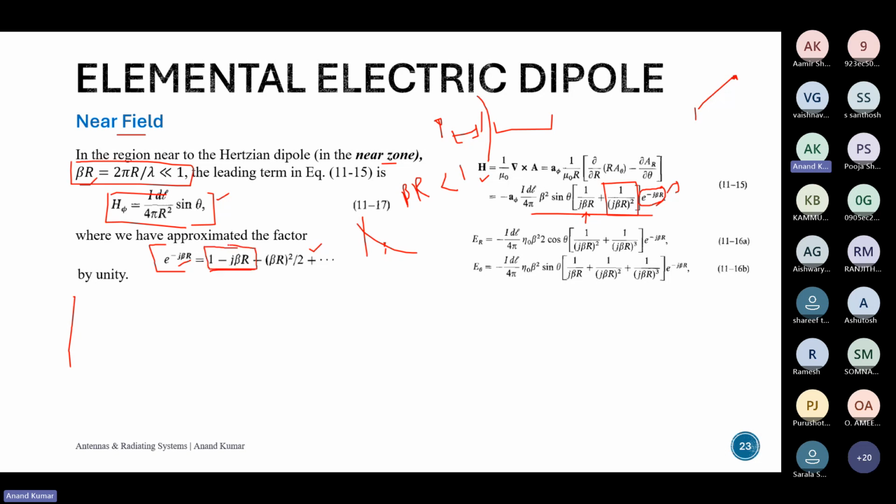We take this particular term, and if it is less than 1 or... okay, I'm actually stuck. I don't want to give you an ambiguous answer. I'll come back to you. But it has something to do with either the fraction or the exponential value, and based upon this, the nature of the field would either be decaying or propagating. So actually the expression, what this means.